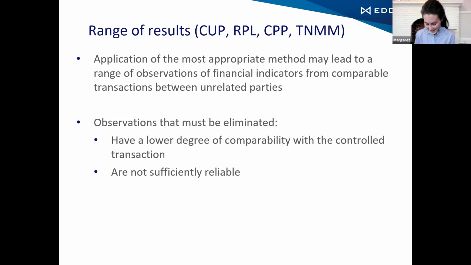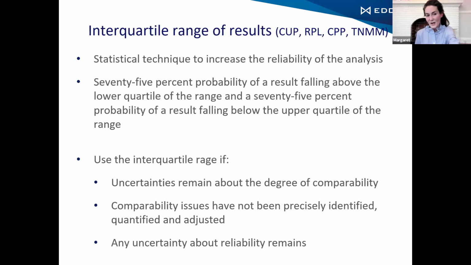this is hard for me to talk about because the US regs say you use the interquartile range all the time for the TNMM analysis, but in the Brazilian regs, you don't have to. So if you trust the reliability of your comps, you can use the full range. But if there's any question, you need to use the interquartile range. And we can talk about that